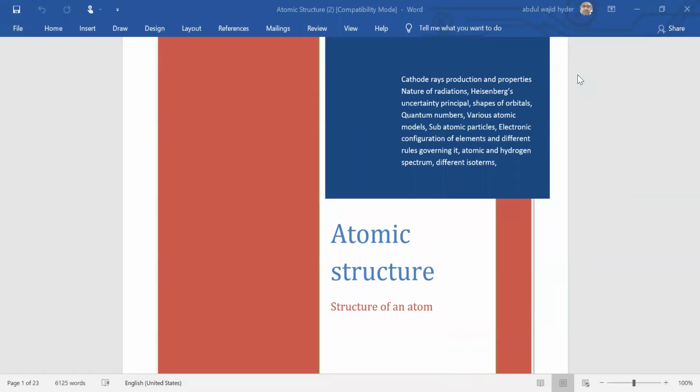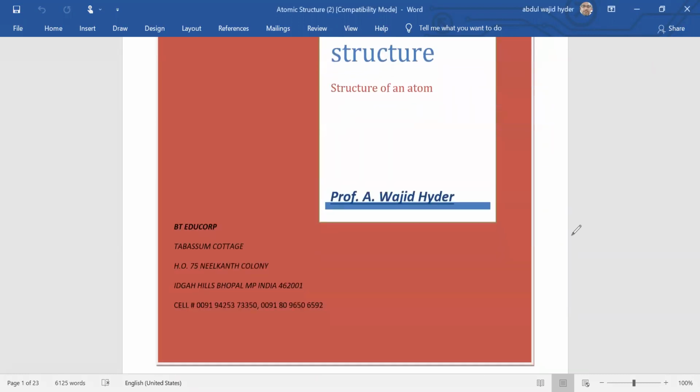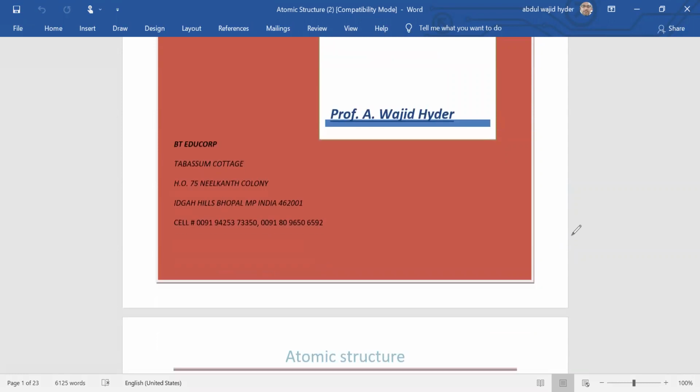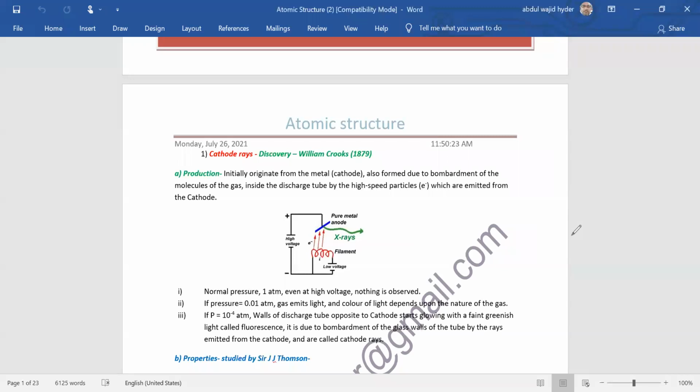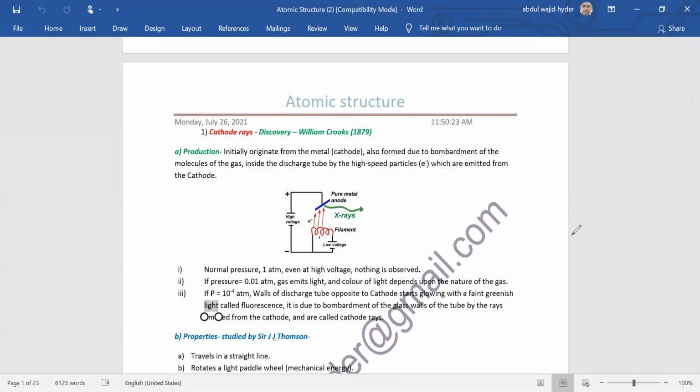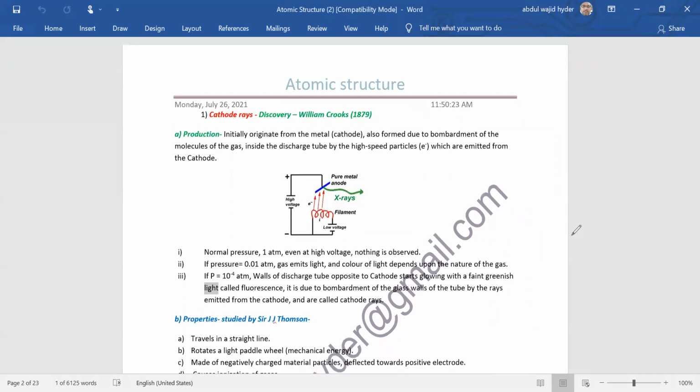So we were doing atomic structure, and in last class we discussed about, just started this atomic structure, discussed about cathode rays. As I told you that cathode rays were discovered by William Crookes, and we discussed how these cathode rays are produced,